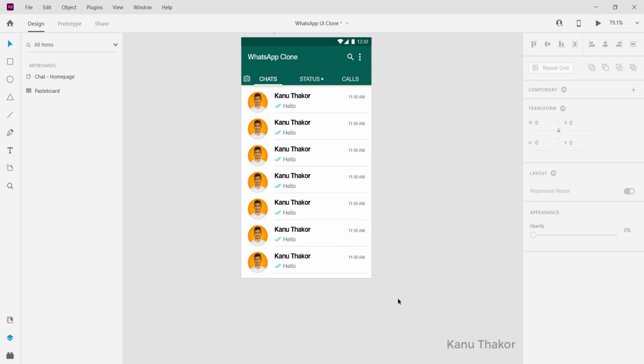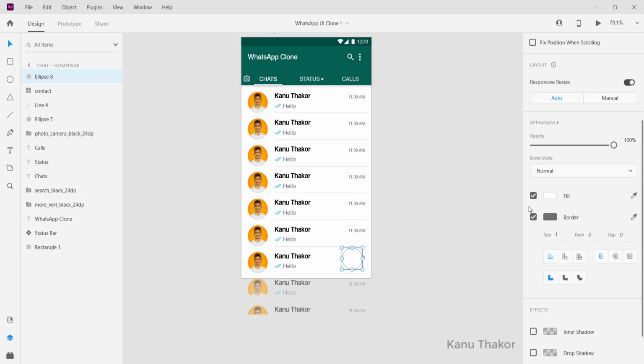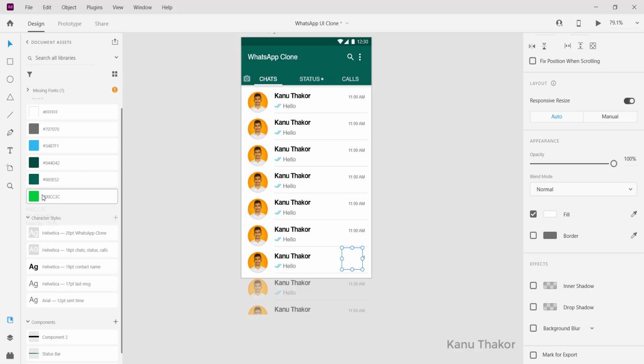Now we are going to add a button here through which we can access all the contacts in our contact list, and for that I will select the ellipse tool and draw a circle. Then arrange it. Here we will remove its border and then add a fill color of green.